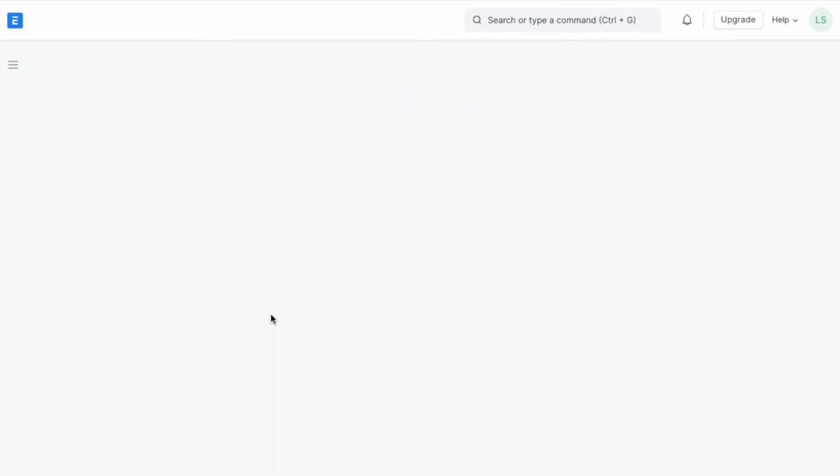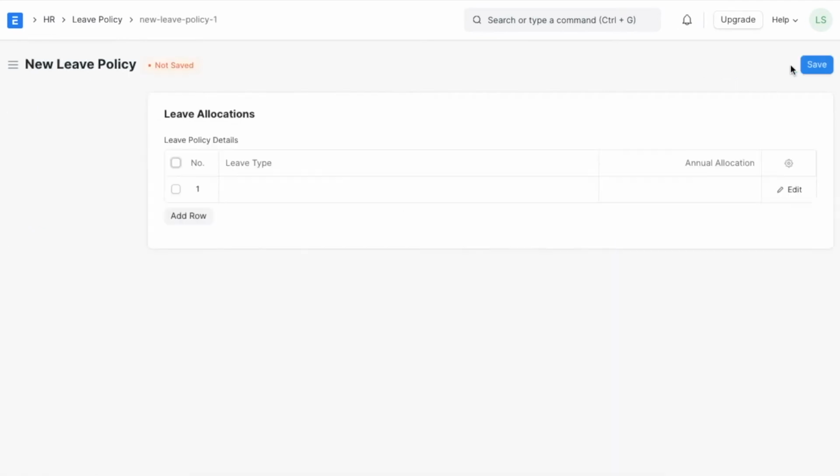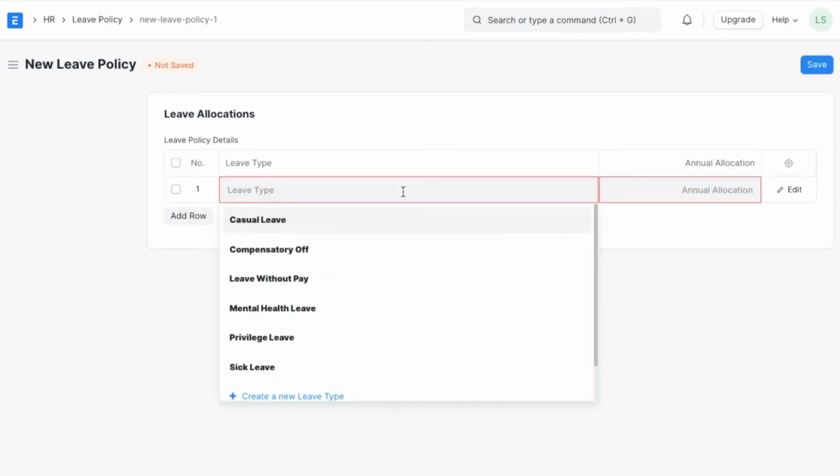We can add a new leave policy using the add leave policy button here. To add details in this leave policy, we will have to define each leave type and the annual leaves allocated for that leave type.